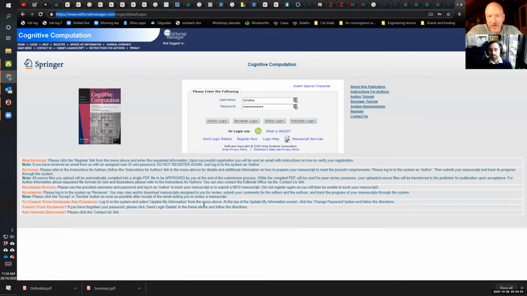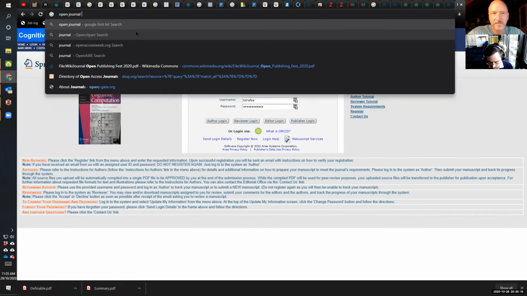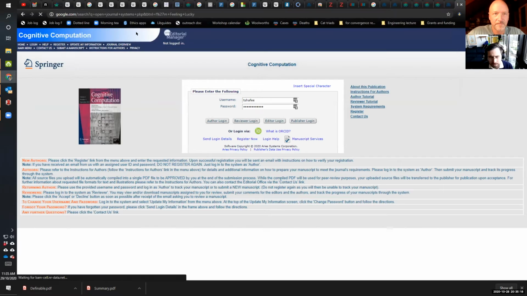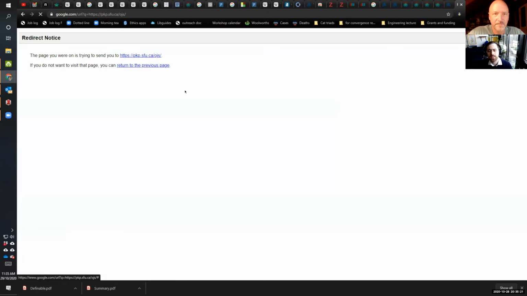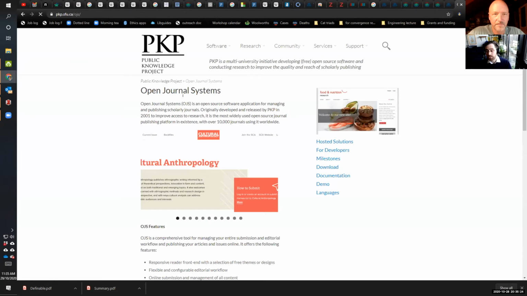So how big is the price tag on this? Oh, the price tag on this is around 100,000 a year. It's really significant. Like they gouge you for it, or you can be bought out by Springer. So not ideal. Whereas Open Journal Systems, was it Public Knowledge Project? I think PKP. Here we go. Yeah, this one. The software is free if you want to run it yourself, or they charge for technical support and whatever. And we would want to get